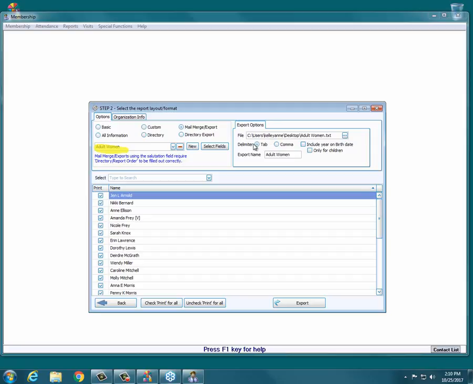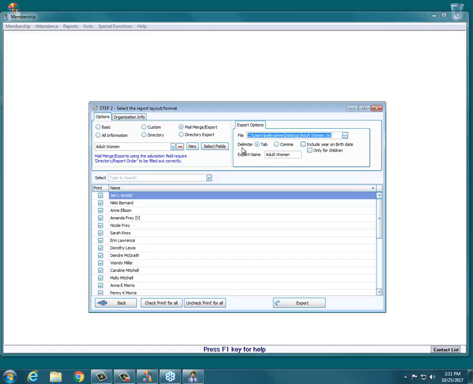And then where it says delimiter right below, essentially what that means is the way that the different columns are separated on the actual export itself. With a delimiter of tab, that means in between the first name, last name, and age, all your different columns, what separates them is a tab. So basically you hit the tab on your keyboard, new column, tab again, another column. It can be a little hard to read if you're just trying to look at the raw data,